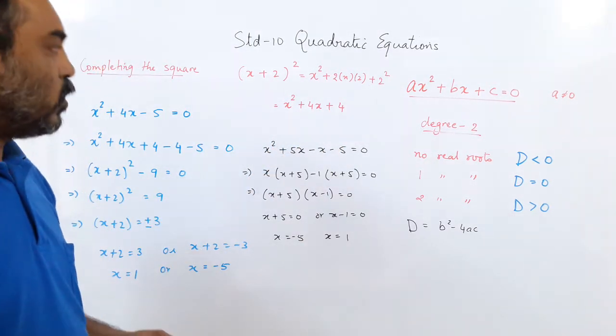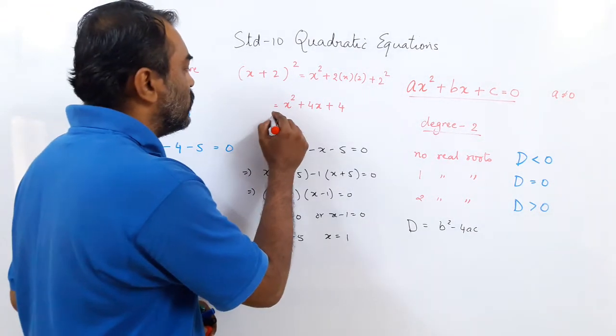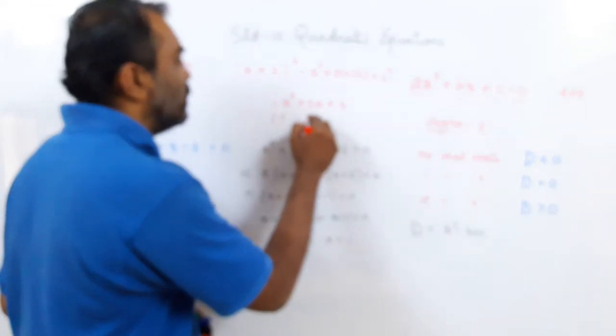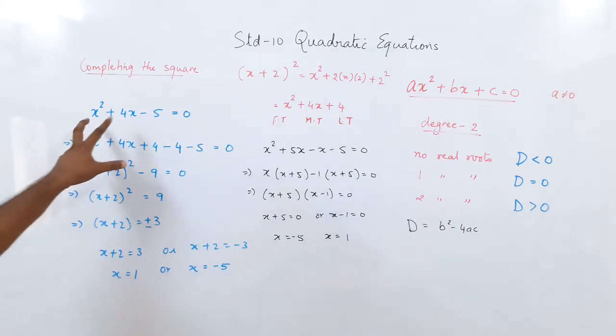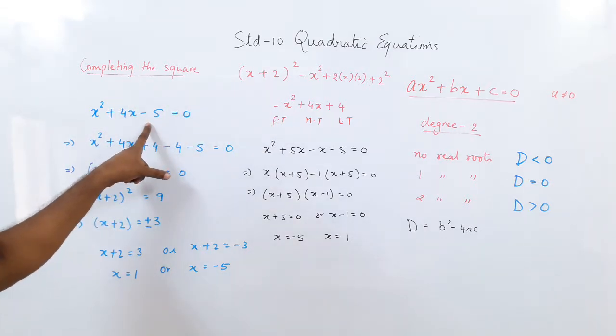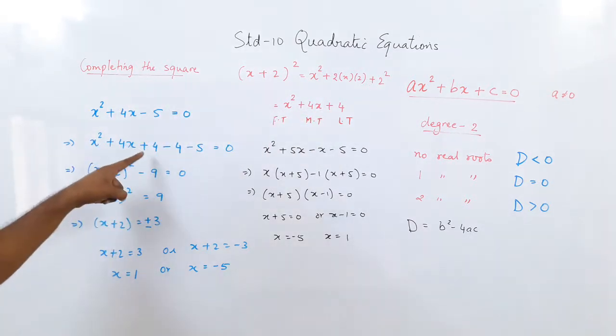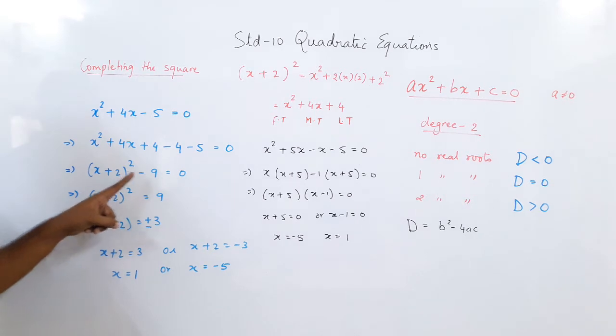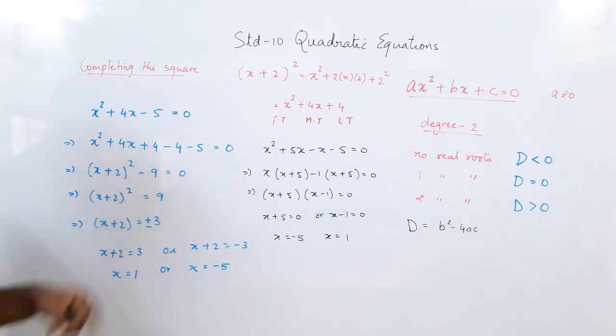I'll write here. What do we call it? We call this term the first term, this term the middle term, and this term the last term of the perfect square. Okay, you saw here, these two terms were matching, the third term was not matching. So I put the third term here to complete the square. Then the number I took on the right side and I got it.